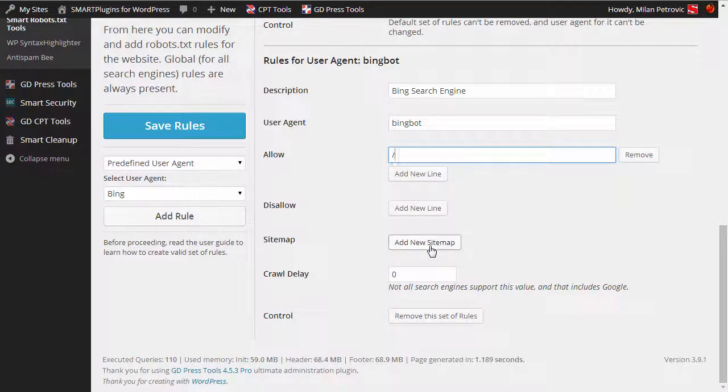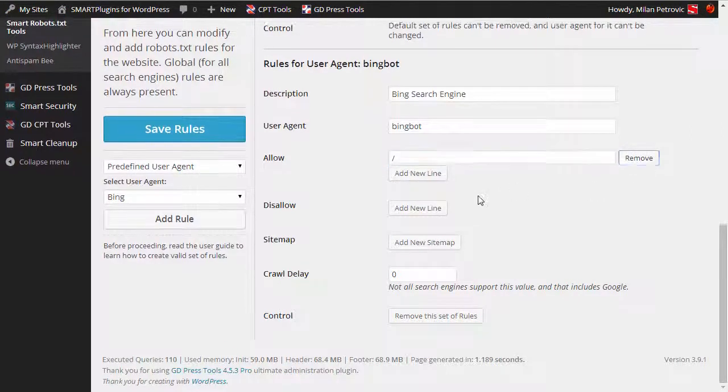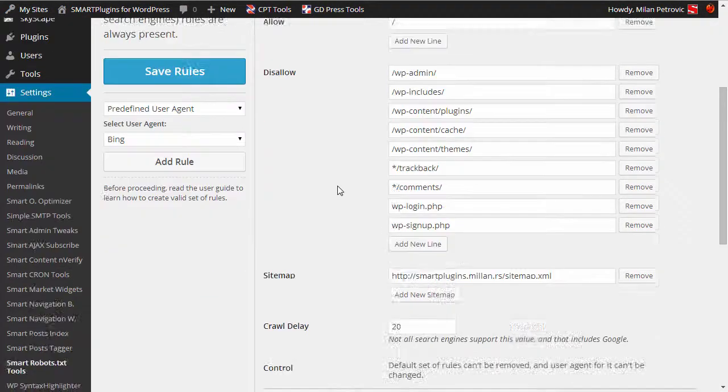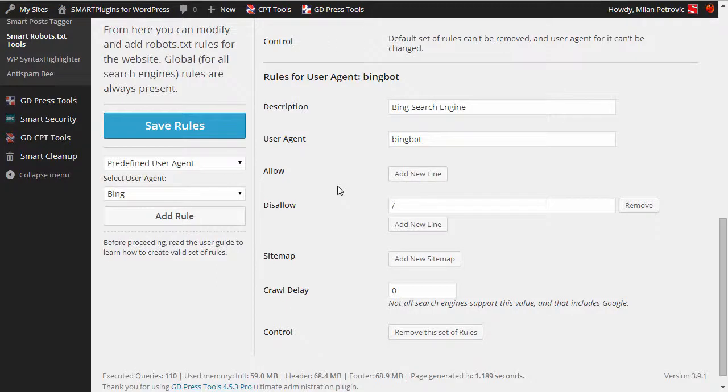You can add specific maps for it, but you can, for instance, forbid access to Bing search engines. If you do it like this, all but Bing bot will be able to access your website. We can add more rules, and we can add it for custom user agents.